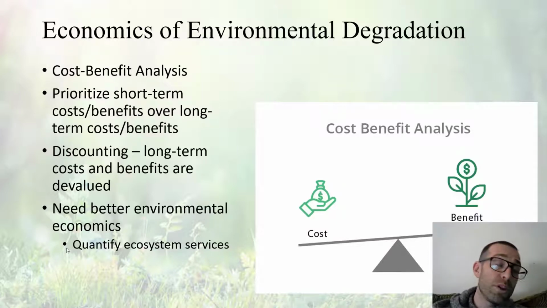So when we are polluting in water, or polluting in the air, or we are over harvesting fish or over hunting, although it's regulated more now. When this is happening, we often don't see the costs of this until the long term, right? So we get these short term benefits where I don't have to pay to dispose of this waste. I can just dump this right out here. Or I don't have to worry about cleaning up these emissions. I can just let them go. To actually clean them and process them is a lot more money. And the cost of this, I'm not going to see for another 50 years, like 100 years, right?